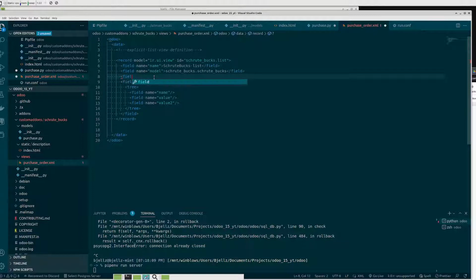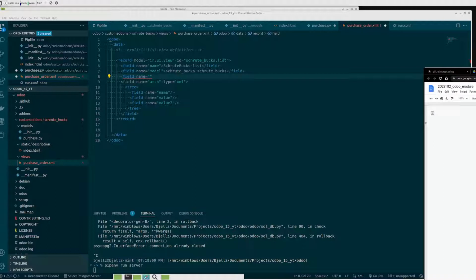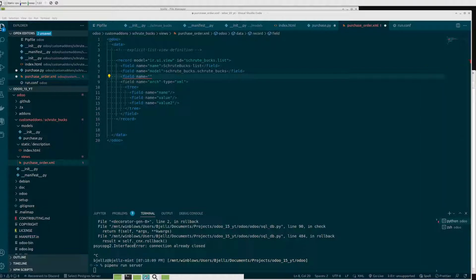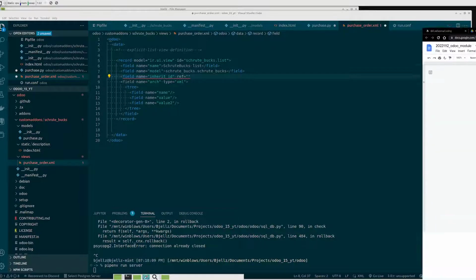We will need field name equals, let me just pull up my notes so that I make sure I have this correct, inherit_id. Okay, and the ref for this is going to be, okay, do you remember how